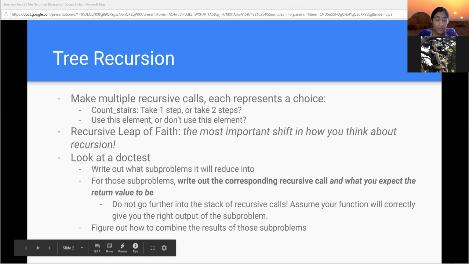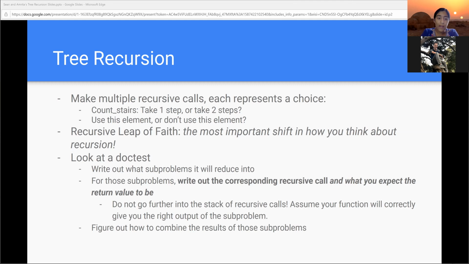When you're working on problems, the best thing to do is look at a doctest for tree recursion. You can write out what each one of these subproblems is going to reduce into. So for example, if you have a number, think about what are the different ways that we can reduce that number down and what are the choices that we are making that correspond to those. For each of those subproblems, go ahead and write out the corresponding recursive call and what you expect that return value to be. So going back to that leap of faith, make sure not to go further down into the stack of recursive calls. You want to start up here at the top, go one level down, and then not